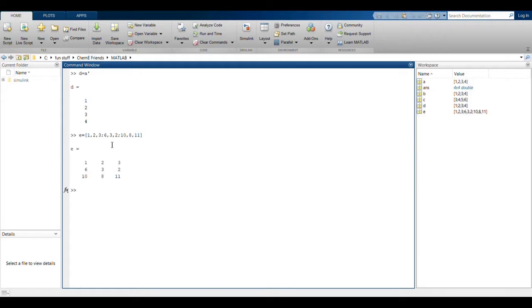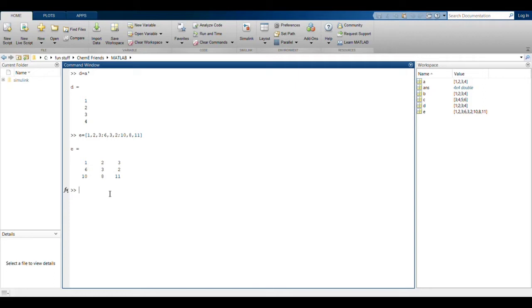As you can see, this is a 3 by 3 matrix, and the numbers separated by the comma are in the same row, and when I ask it to create a new row using a semicolon, this is the output. We can also find the inverse of a matrix.